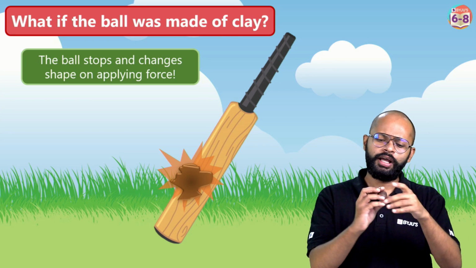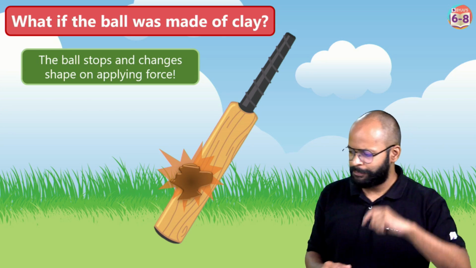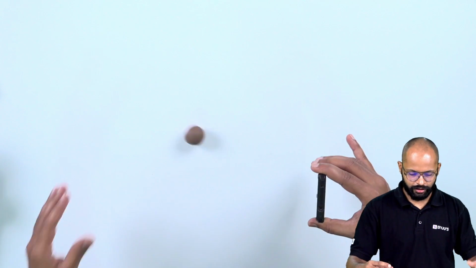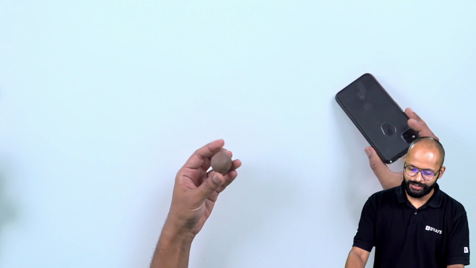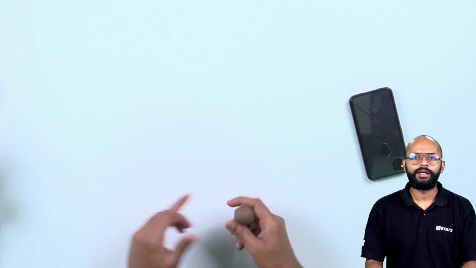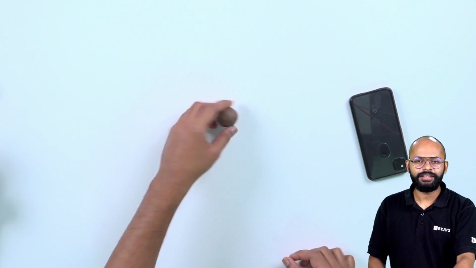So let's try, because I never tried this using a clay ball. Let's see what happens when we use a clay ball. This is my bat, right? Let's say a full toss ball comes. What do you see? You will notice that wherever I was hitting, there is a flat surface there. There is no bounce. Why? Because it changes shape. And the more an object changes shape and does not retain the shape back, it cannot bounce. That is the thing about clay ball.